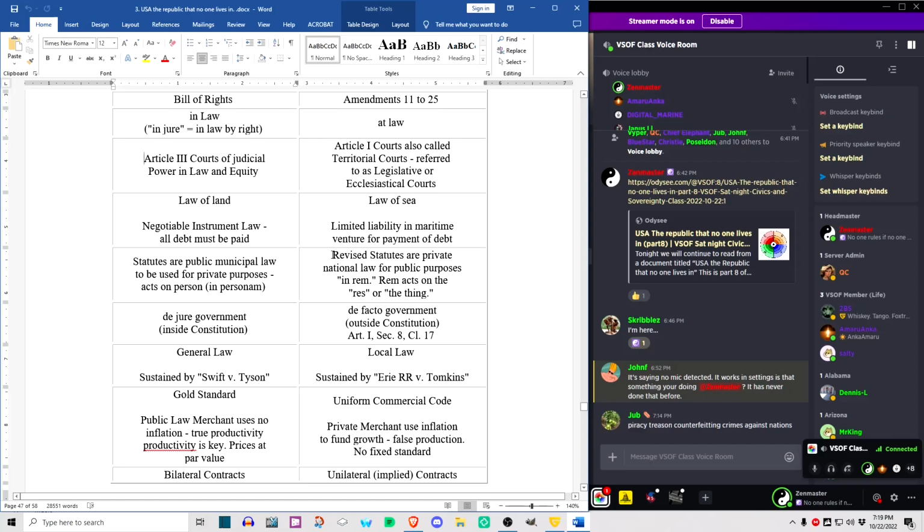And of course, as we know, all of these private for-profit courts all have their own Dun and Bradstreet numbers. So they're not even constitutional courts. They've gone so far as to just simply being corporations. And I posted some stuff in the main chat yesterday. I posted a video of Judge Joe Brown going off on a talking head about how these courts are not constitutional, and what they're doing opens them up to liability.